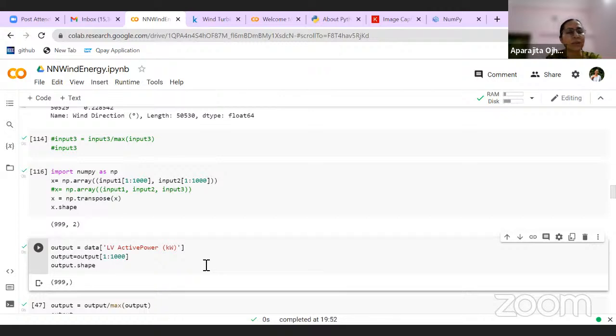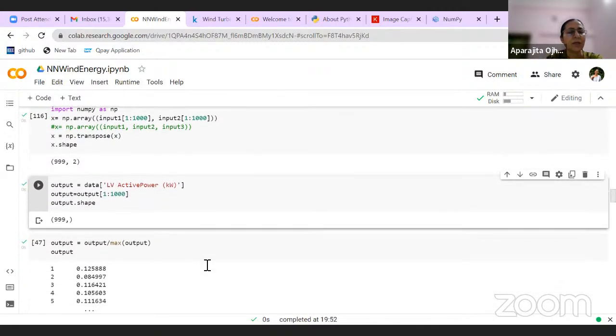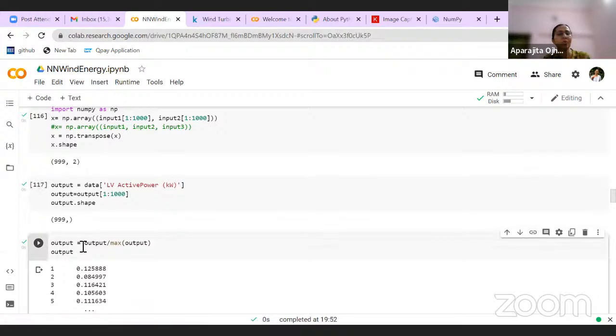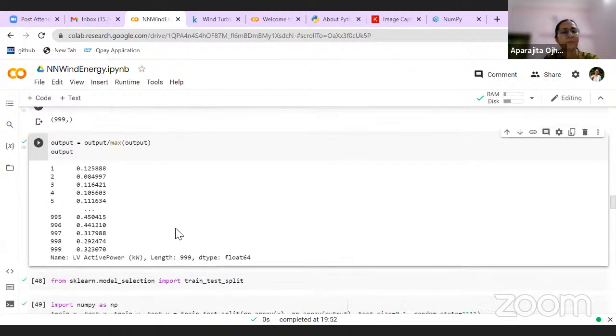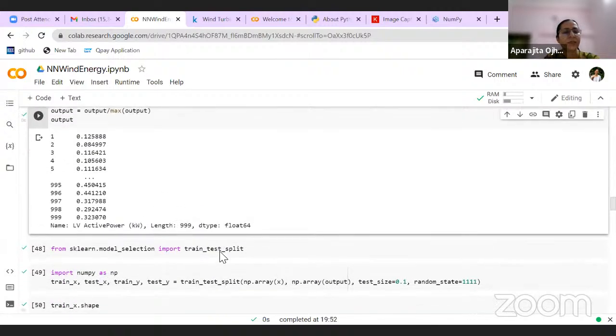I have also done output is equal to output divided by max output. We have divided it to normalize this data as well. As you can see, we have normalized this data, the active power. And then